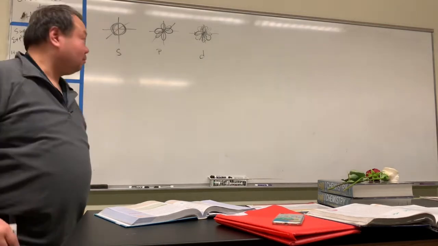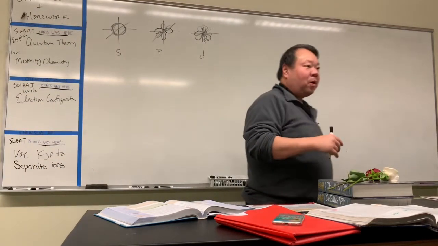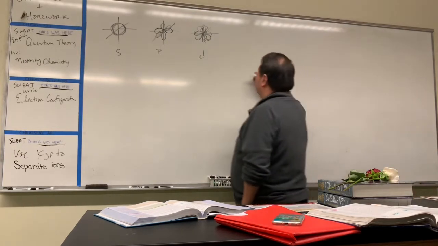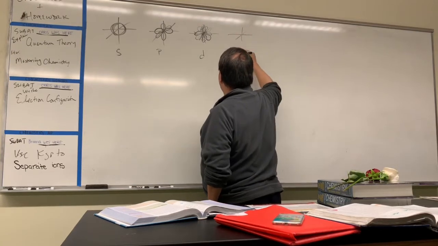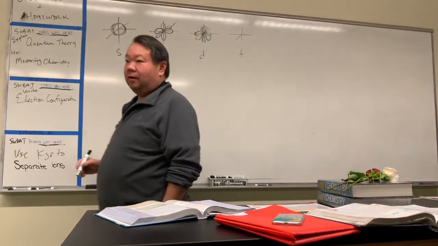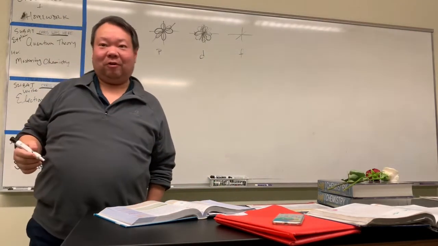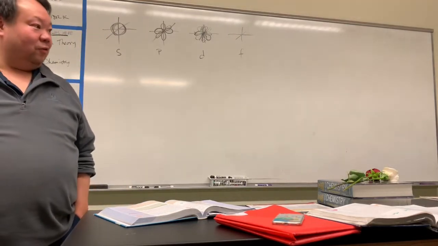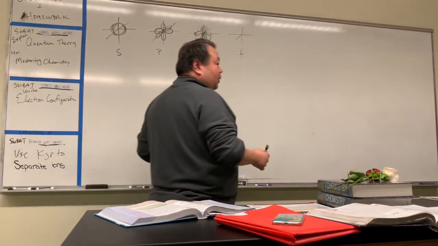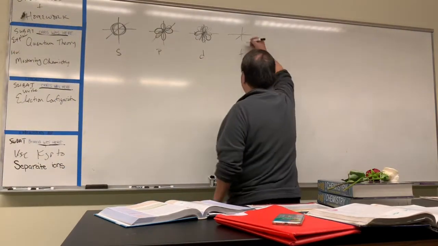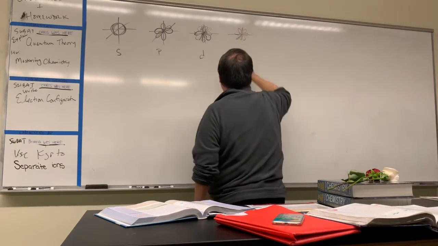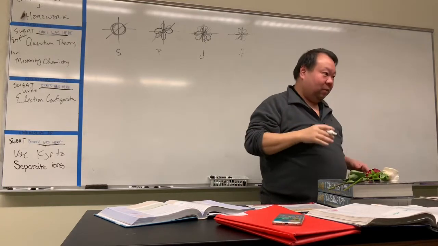Okay? And the last shape, the last probability density, the last wave equations pertain to this shape. And it belongs to something called the F sublevel. Guess how many orbitals there are in there? 7. Yeah, 7. Very good. And how many electrons can it hold? 14. That's right, it can hold 14. Okay. And one of them actually looks like it has 8 lobes in it, and it goes 1, 2, 3, 4, 5, 6, 7, 8, in a kind of like chrysanthemum flower thingy.